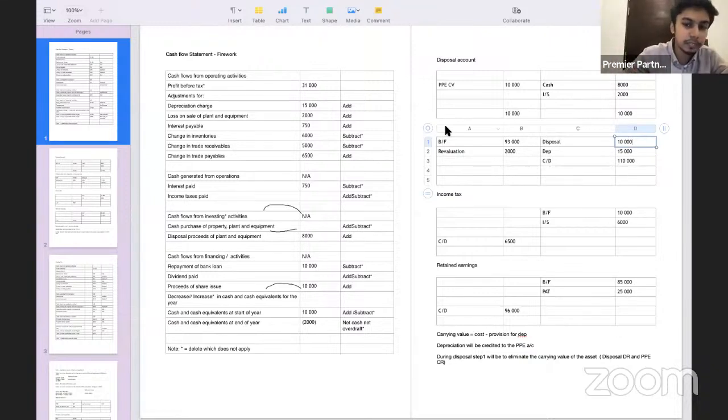So when I eliminate, what will happen? PPE will become credit, disposal will become debit. So it's not the cost, it's the carrying value. So what's a double entry? PPE credit, that's why I wrote it here, disposal account debit. Done. Okay. Now, guys, can you close the property, plant and equipment account and check and see,